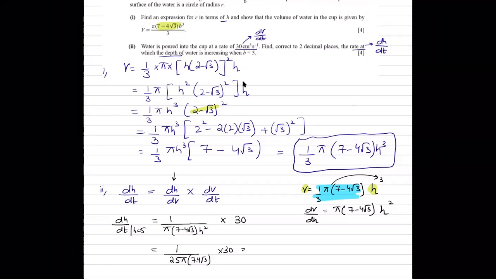Let's say if I multiply 1 upon 3 pi times 7 minus 4 root 3, I get a, which is just a number, and we have h cube. So according to this, what is the derivative of V with respect to h? What is dv over dh going to be equal to? If a is just a number, it's 3a h square, right? So similarly, this is just a number, and multiplying it by 3, the 1 upon 3 times 3 gets cancelled out, it's 1. So I'm just left with pi times 7 minus 4 root 3, and the power of h is reduced by 1. Is that clear now? Is it clear that dv over dh is this expression?